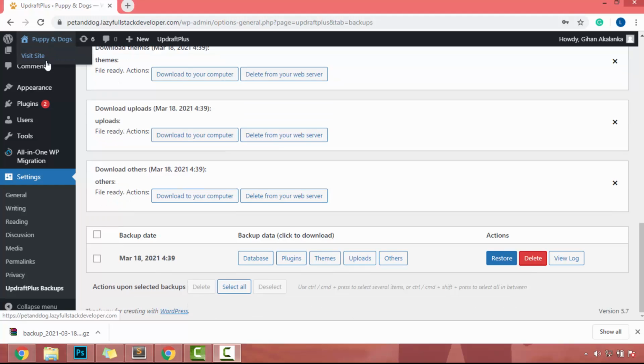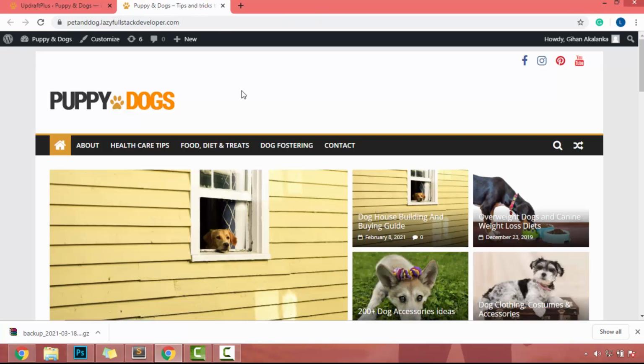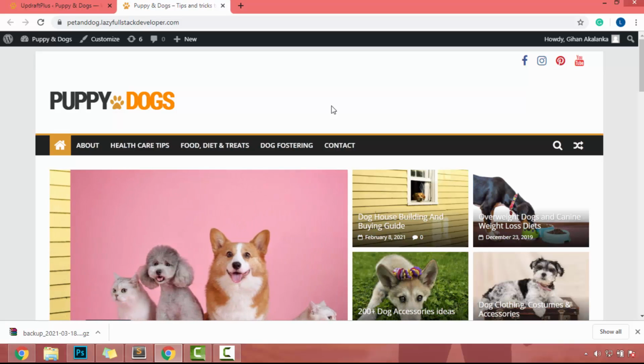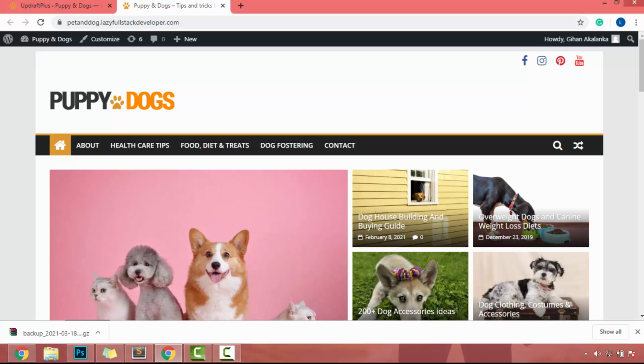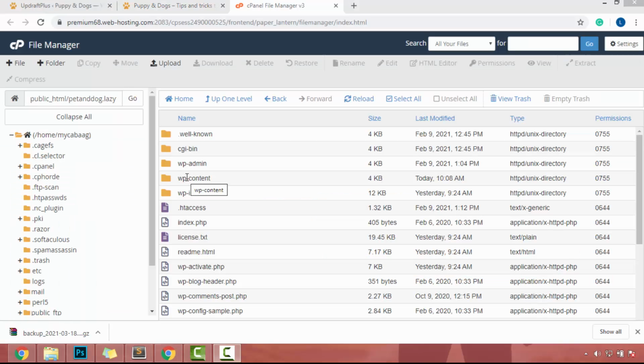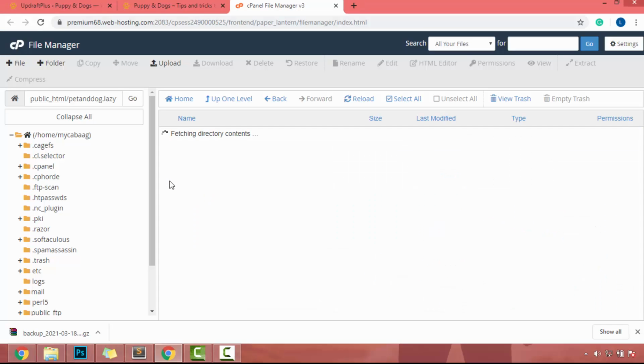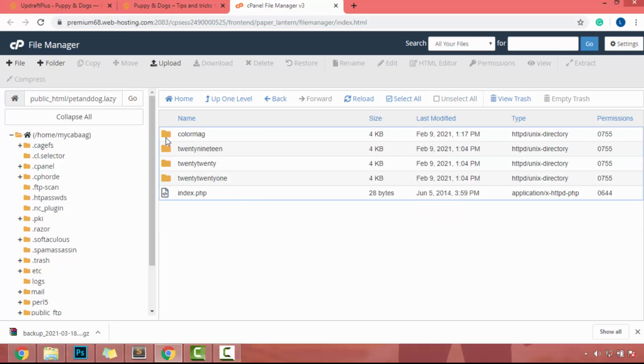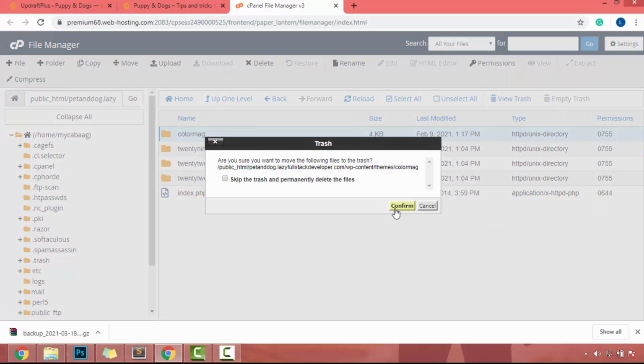Okay, currently my website looks like this. So let's remove this theme file and try to restore our backup. I will go to the cPanel of this website and remove the theme folder. So now I am in the File Manager. Here I can go to wp-content and themes. So the current theme is ColorMag, so I select the ColorMag theme, then I click on delete and click